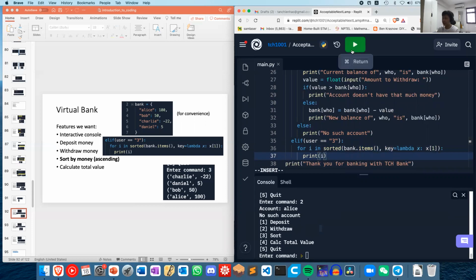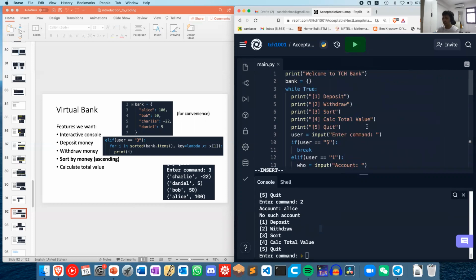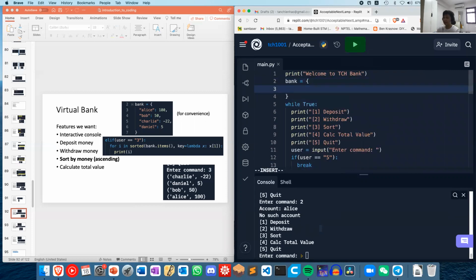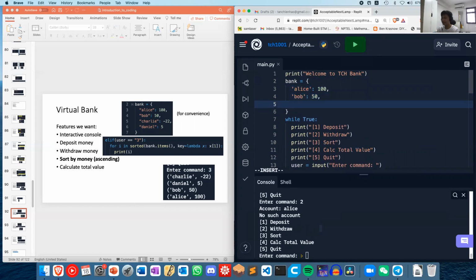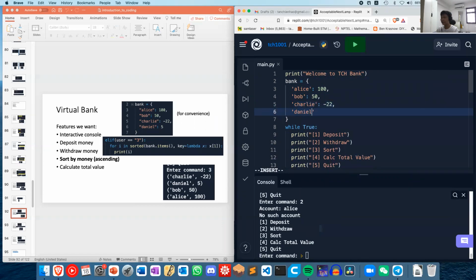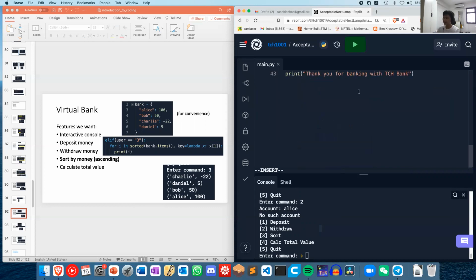So let's go ahead and run it. If I run this right now, I need to deposit a lot before I actually have a list. So let's bring back the default accounts. These are just some default values so that we won't have to manually key in using the deposit function. So Charlie is -22 and Daniel is 5. Okay, so if I go ahead and run this,